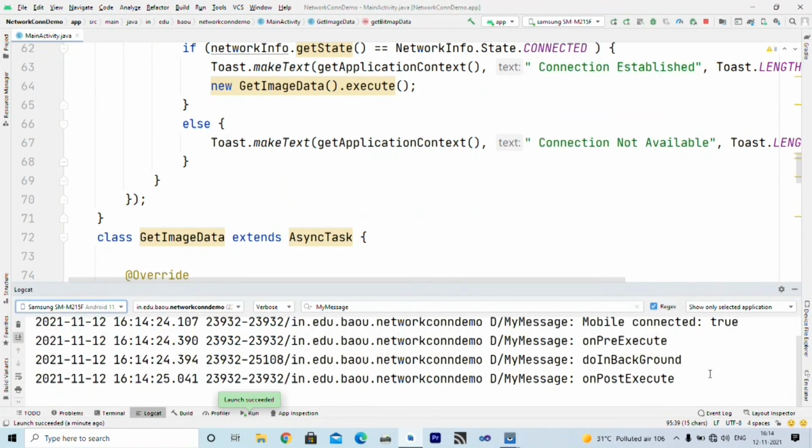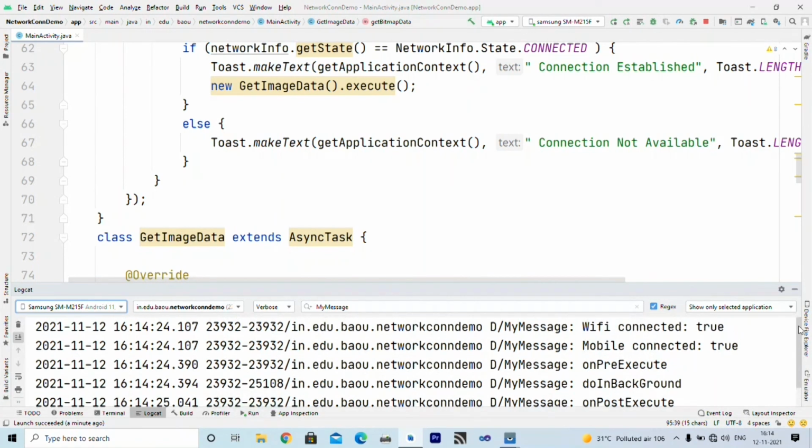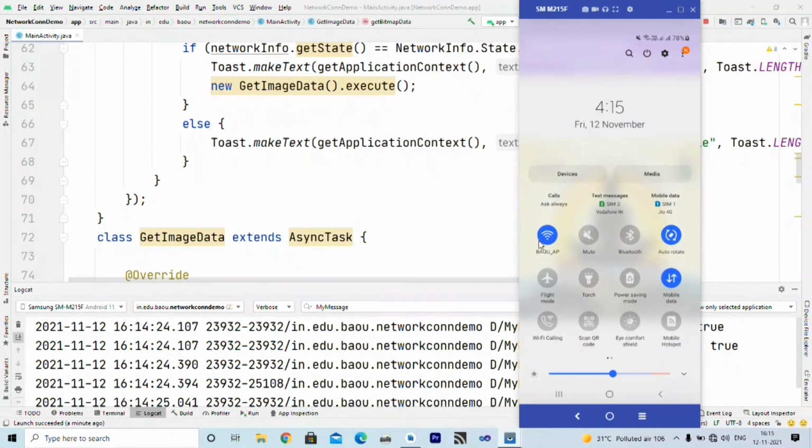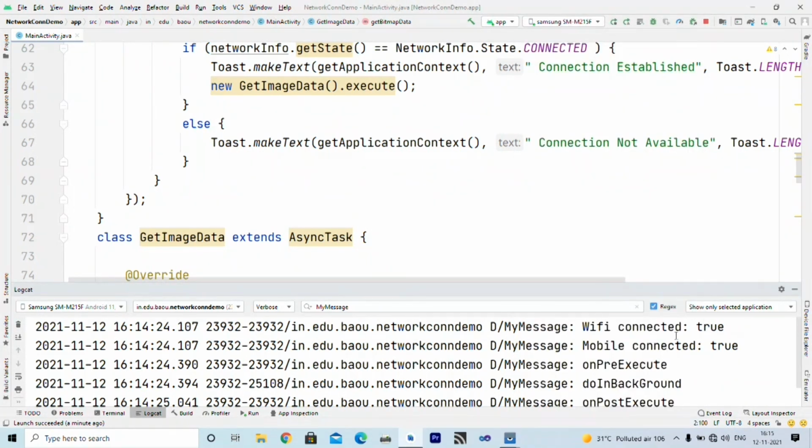Here I filter these, right? Here it displays Wi-Fi connected true, mobile connected true. If you see here, my Wi-Fi is also connected and my mobile data is also running, right? So it returns true for both types of network.